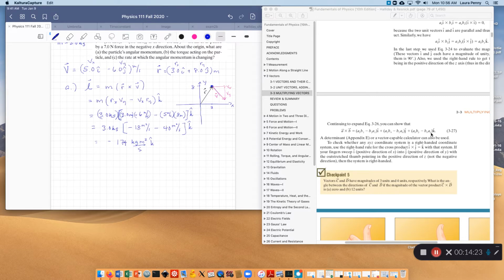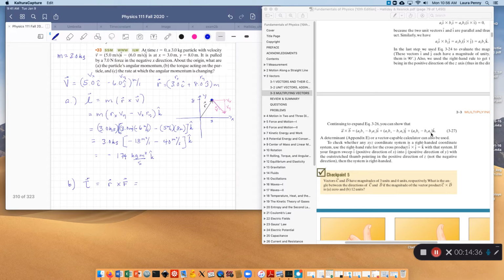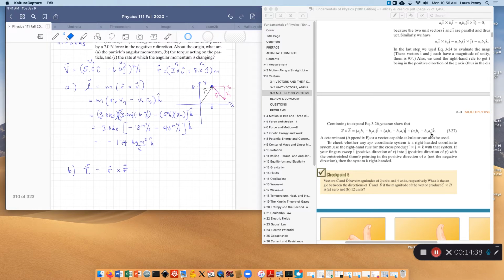The torque acting. So the torque acting, torque is R cross F. So again, my F, now it tells me that the F here, so let's erase this first. So my F, it says, is 7 newtons in the negative x direction. So writing that in unit vector notation, that's negative 7 newtons I. So again, I can just do R cross F,